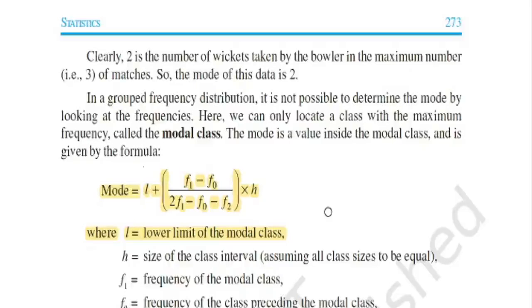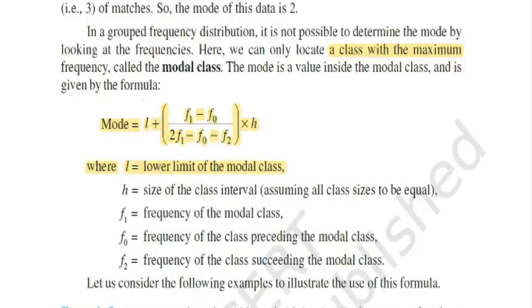The first step for finding the mode in grouped data is to find the modal class. The modal class is the class interval with the maximum frequency, or the highest frequency. In grouped data, the class interval having the highest frequency is called the modal class. L is the lower limit of the modal class. I told you the modal class is a class interval; it has a lower limit as well as an upper limit. So here L is the lower limit of the modal class, and H is the size of the class interval,